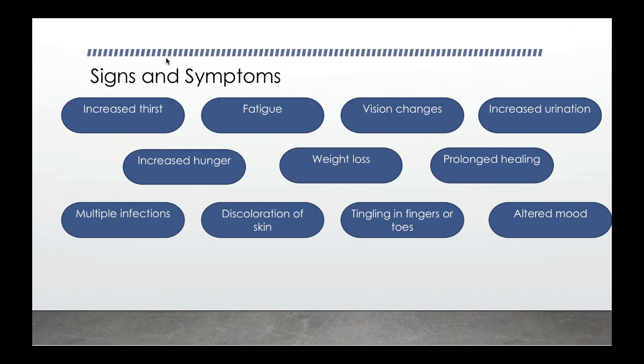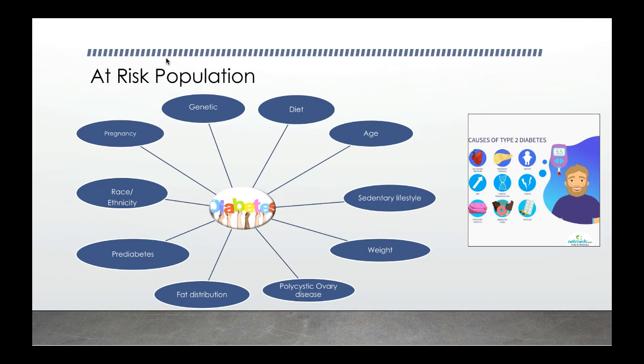Prolonged healing. If you get a sore or if you hurt yourself, it'll take a lot longer for your wounds to heal. Multiple infections, especially yeast infections, discoloration of skin, tingling of fingers or toes, that's known as peripheral neuropathy, and altered mood. The at-risk population,